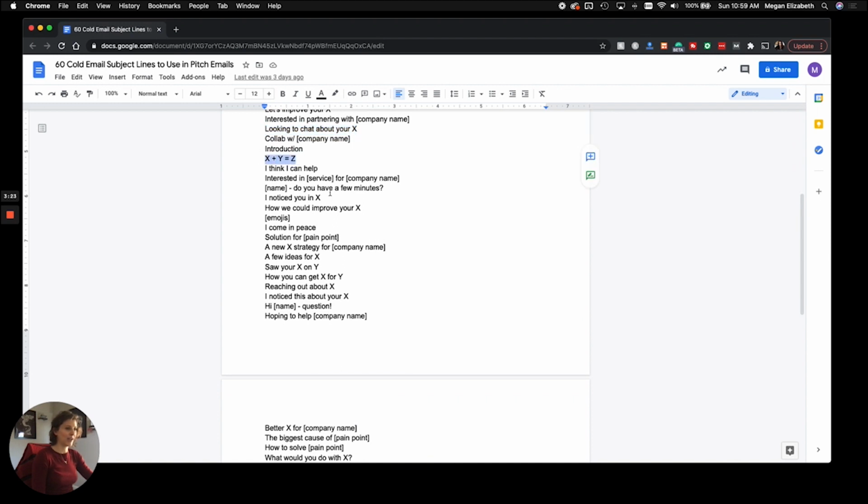For this one, X plus Y equals Z. How I've used this before is because my background is in writing, so that's the service that I'm selling to my leads. I might say something like keyword research plus SEO equals blog content that delivers. You're telling them if you have X and you have Y, you'll get Z.